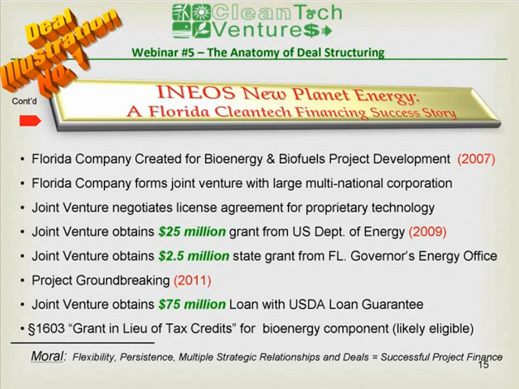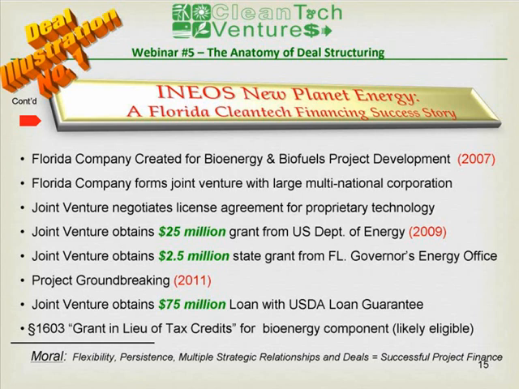Now, some of the examples, they got a $25 million grant. So that's the, quote, gift from the U.S. Department of Energy in 2009. They also obtained a $2.5 million grant from the Florida Energy Office, which is now a subdivision of the Florida Department of Agriculture, but an additional $2.5 million in non-dilutive cash that they didn't have to repay. They began this year groundbreaking on their facility. So these dollars facilitated getting the company to a point where the structure is actually coming out of the ground.